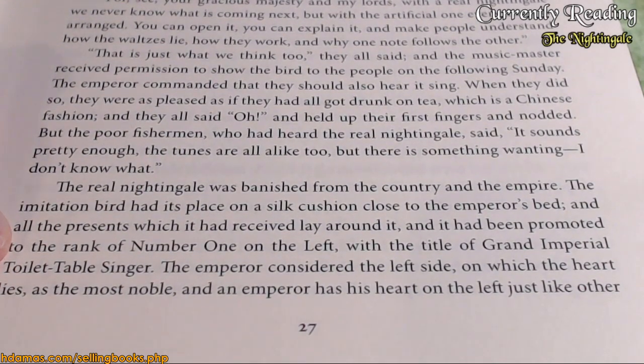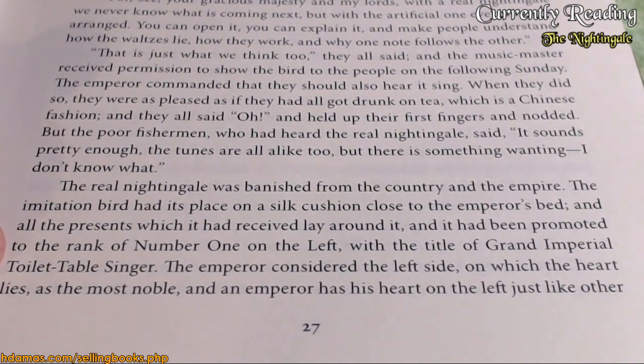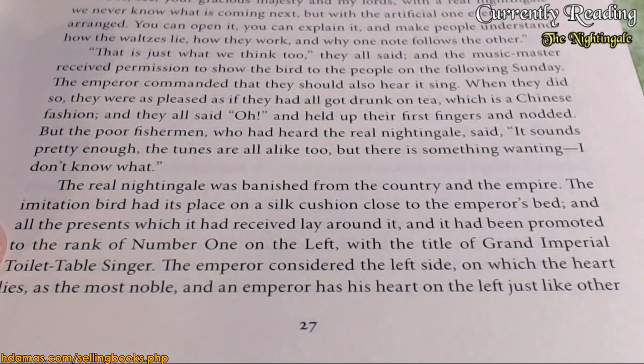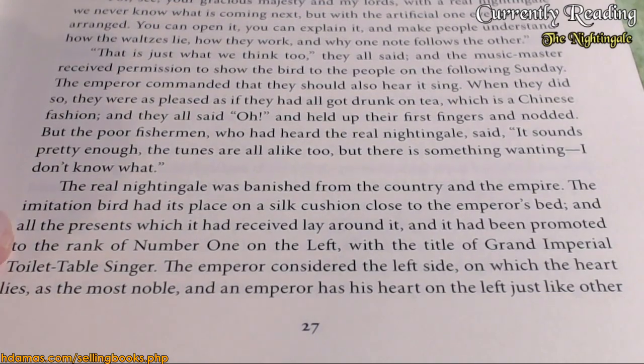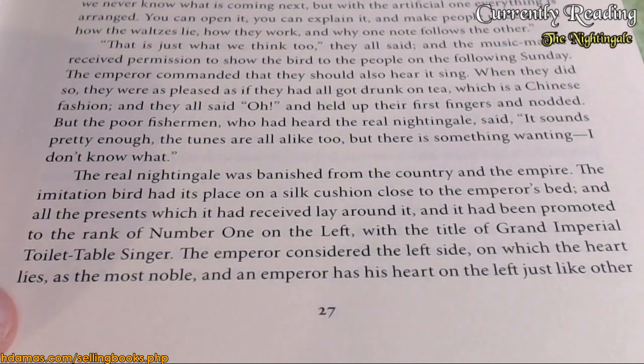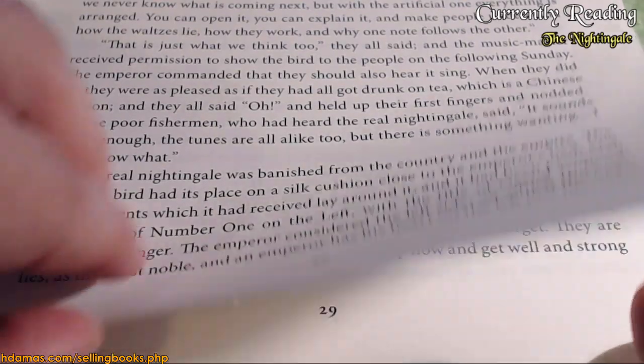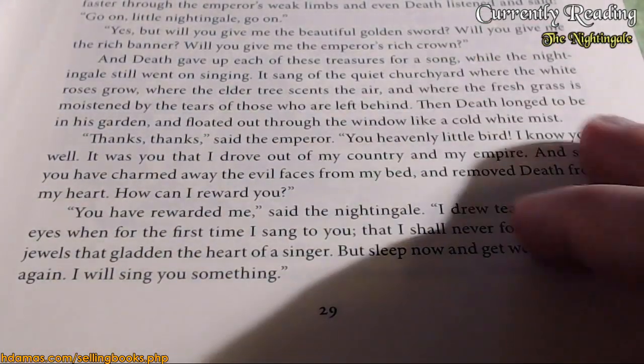The real nightingale was banished from the country and the empire. The imitation bird had its place on a silk cushion close to the emperor's bed, and all the presents which it had received lay around it, and it had been promoted to the rank of number 1 on the left, with the title of Grand Imperial Toilet Table Singer. The emperor considered the left side, on which the heart lies, as the most noble, and an emperor has his heart on the left, just like other...